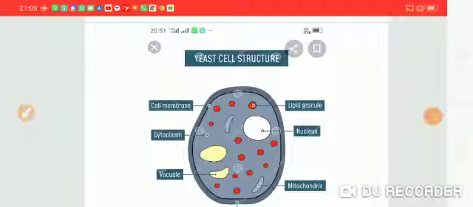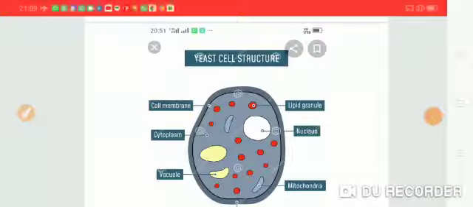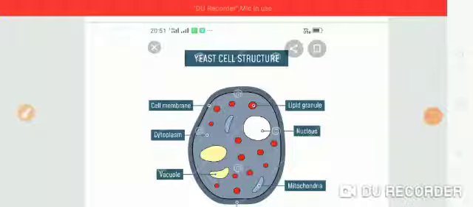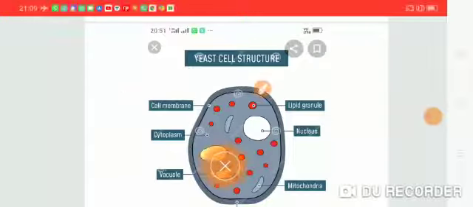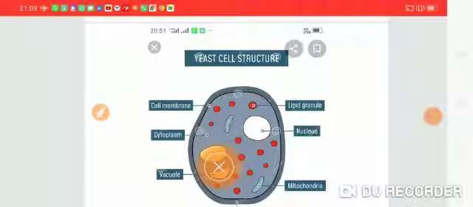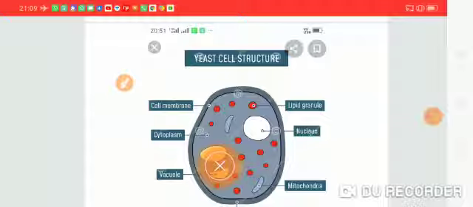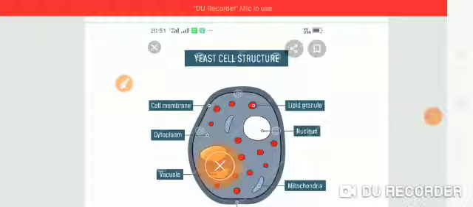This is also a unicellular plant, and it belongs to the fungi group. किस ग्रुप से belong करता है? You all know microorganisms are classified mainly into 5 categories: algae, fungi, viruses, bacteria and protozoa. So this yeast cell or this yeast organism belongs to the fungi group. And what is the function of this? It causes fermentation in foods, especially the foods that contain carbohydrates.